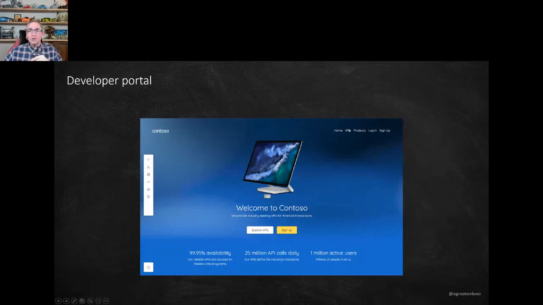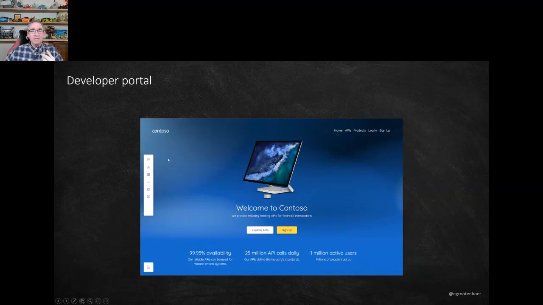And as you can see, you can now go to your APIs, to your products. You can log in to see your own available APIs. You can sign up for APIs. But this is actually in the publisher mode, what you see here. So you see this bar over here. And this actually allows you to customize your own developer experience quite easily. So what you actually can do is you can click here on those tags where you can just type new tags. You can bring in new boxes, stuff like that.